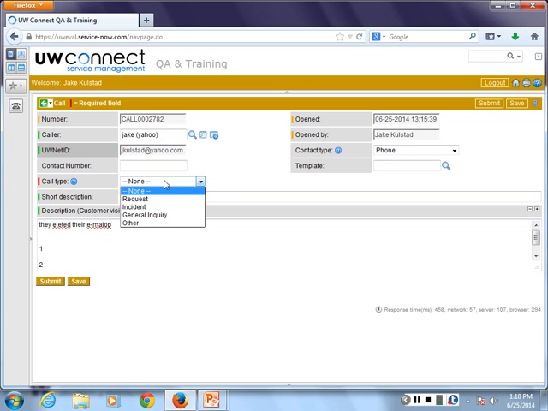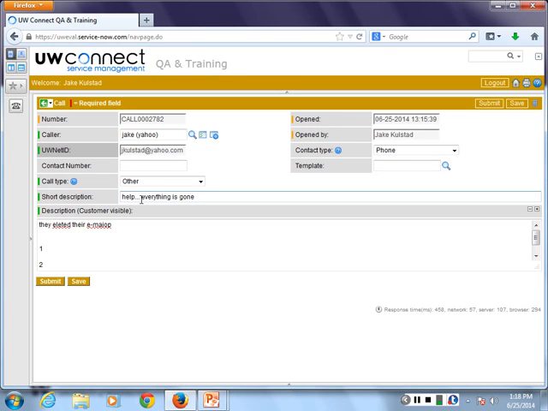We now have the ability to classify this request. So if someone's walking in and you want to capture that data, you could just log this as an other type of call. So I'll ask you all do that right now. And I just want to point out, if you remember back on my slide, I said that if you call something general inquiry or other, it's not going to generate an email, correct?